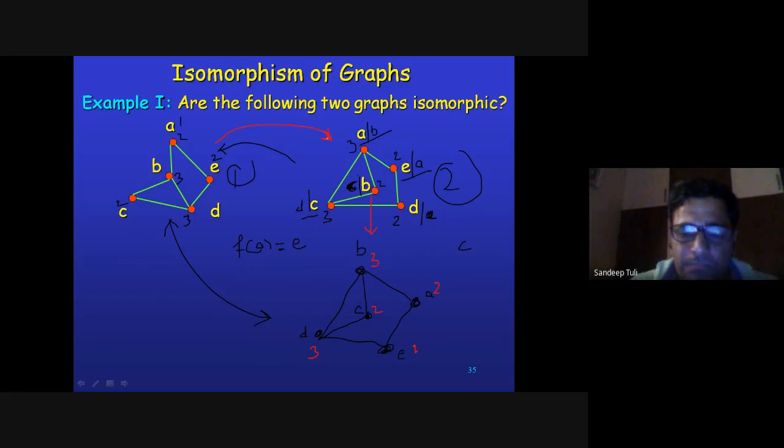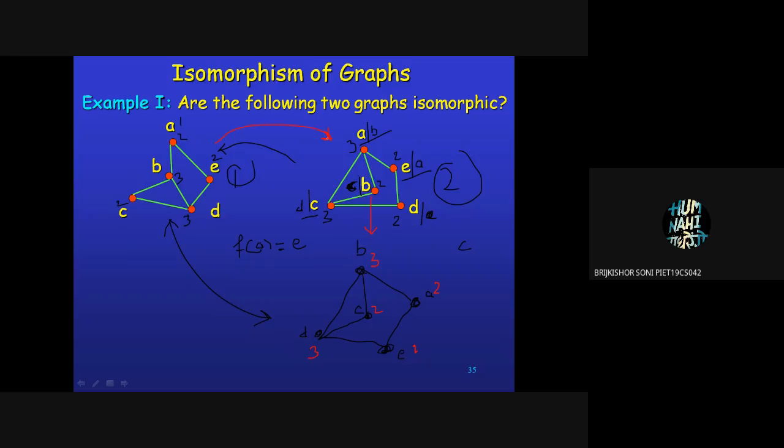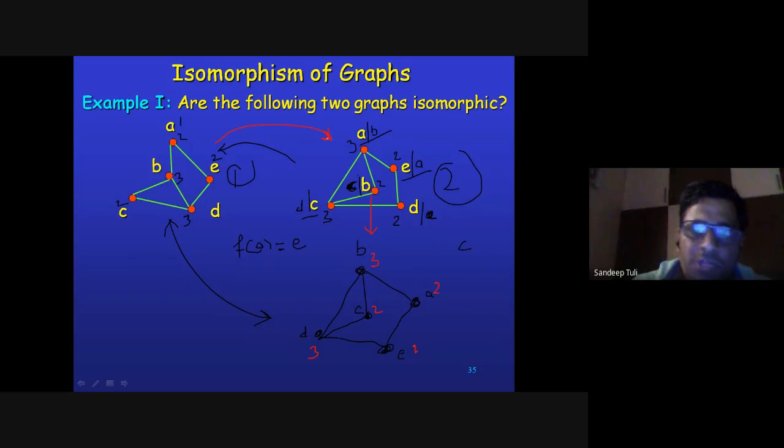Yes or no? सर फर्स्ट और सेकंड आइसोमॉर्फिक है या फर्स्ट एंड थर्ड आइसोमॉर्फिक है? फर्स्ट और सेकंड। क्वेश्चन थर्ड क्या है बेटा? आर द फॉलोइंग टू ग्राफ्स आइसोमॉर्फिक? इन दो ग्राफ्स को जो दिए हुए हैं उनमें हमें आइसोमॉर्फिज्म आइडेंटिफाई करना है। तो कौन से ग्राफ की हम बात कर रहे हैं यहाँ पर? हम डेफिनेटली फर्स्ट एंड सेकंड ग्राफ की बात कर रहे हैं। दिस इज फर्स्ट एंड दिस इज सेकंड ग्राफ।